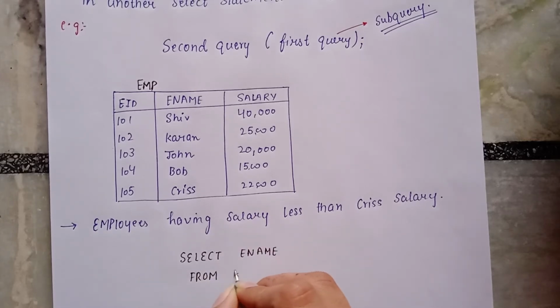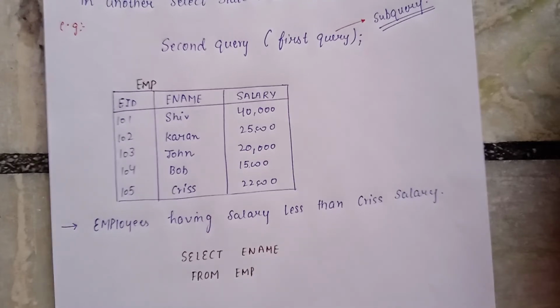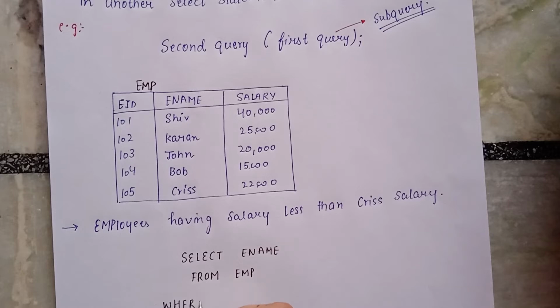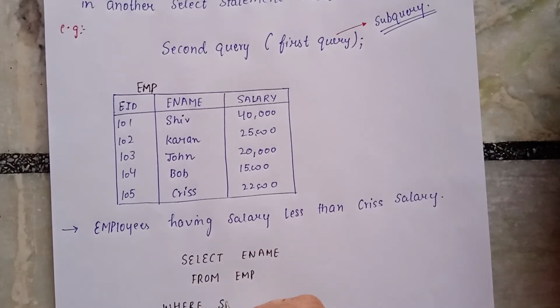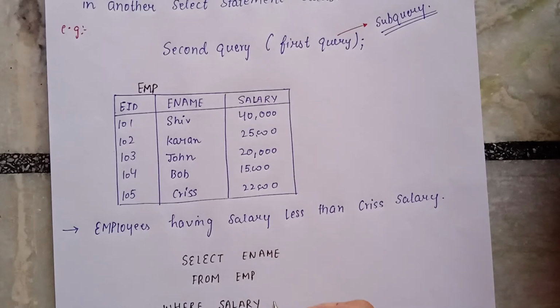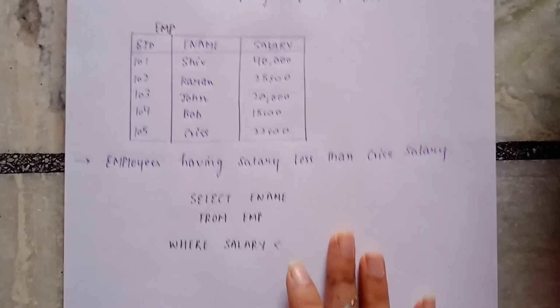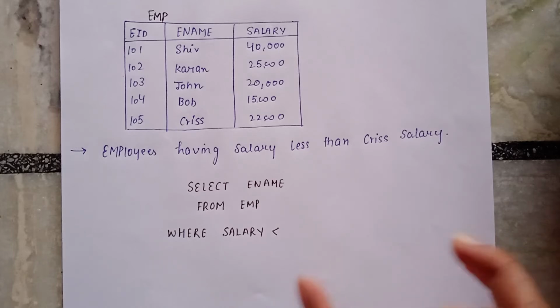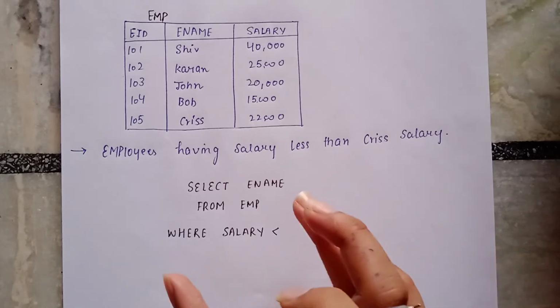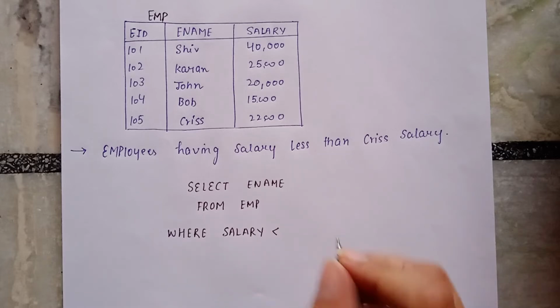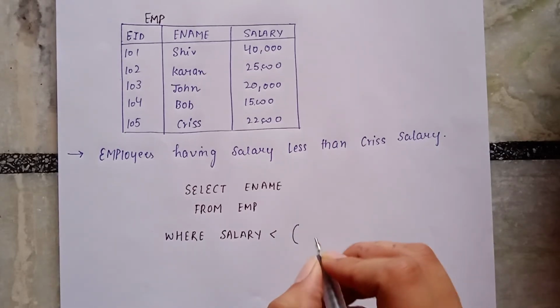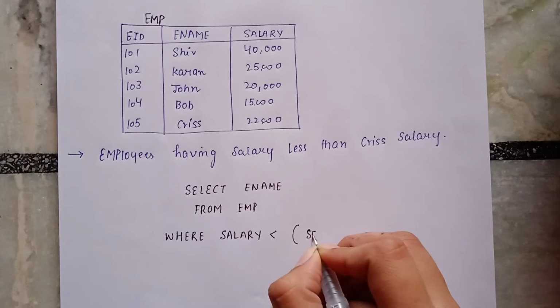It is the EMP table, where salary less than. Now see, I've told you what a subquery is. It is a query that is written in between another query. So we will write over here a subquery, salary, in this we will use